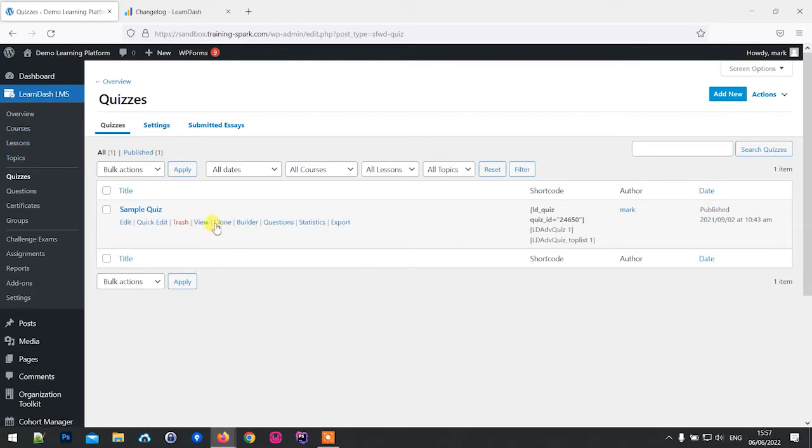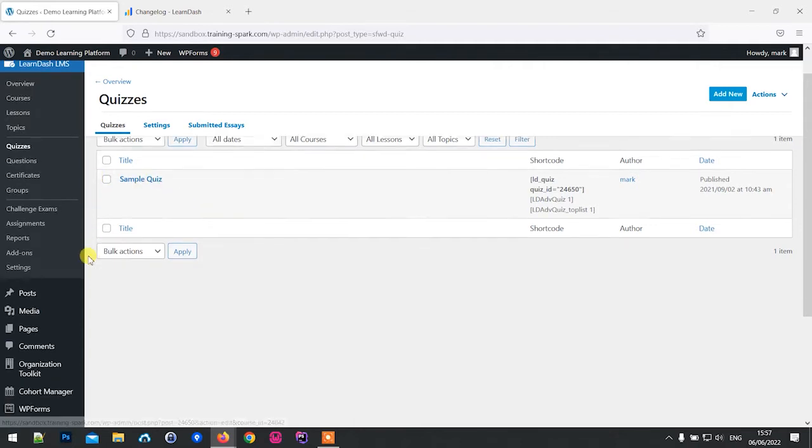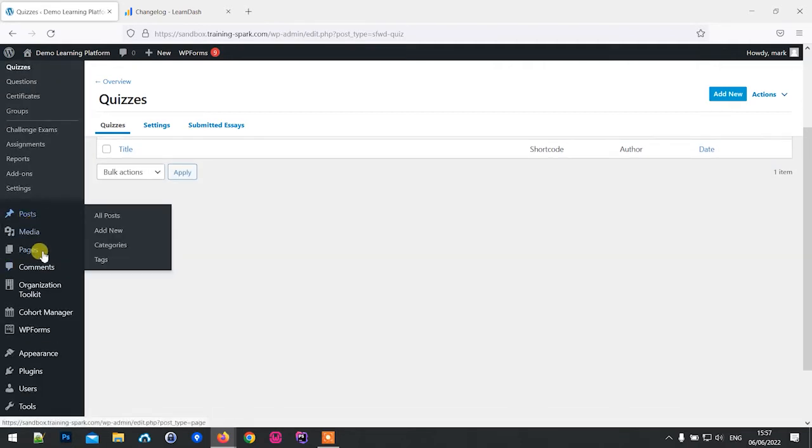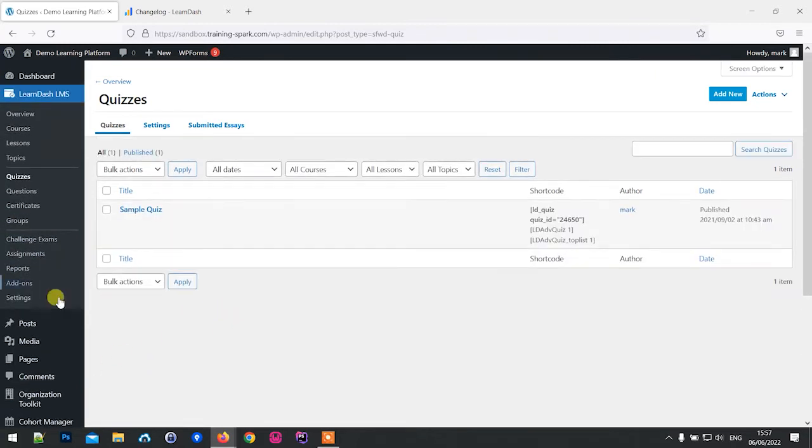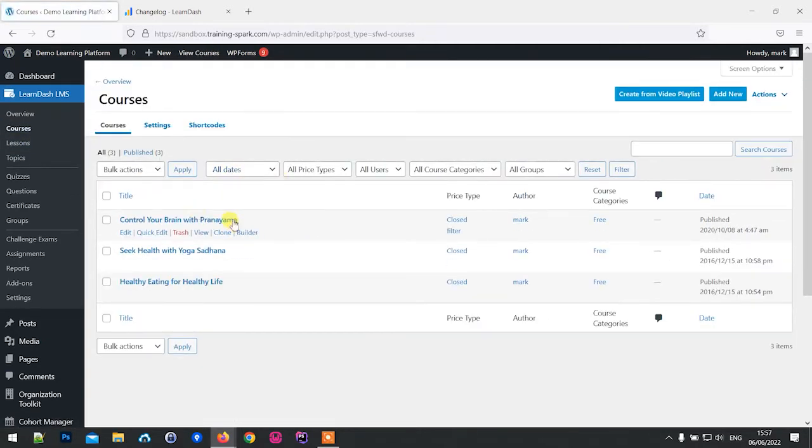And you might have seen similar functionality in plugins like Duplicate Posts, and what that plugin does is allow you to duplicate posts and pages and other types of content on your site. So this is functionality that you might have seen elsewhere, but now they've brought this into LearnDash's own core functionality, which is great because it really helps speed up the process of creating new courses, because